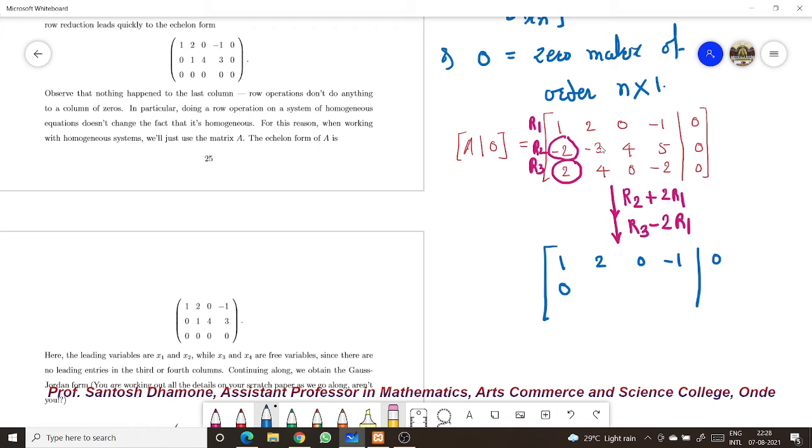R3 minus 2R1: 2 minus 2 is 0. 4 minus 2 into 4, minus 4 plus 4 minus 4 is 0. 0 plus 0 is 0. Minus 2, minus 1 into minus 2 plus 2, minus 2 plus 2 is 0. And this is 0. We get, as row reduction leads quickly to the echelon form, which is